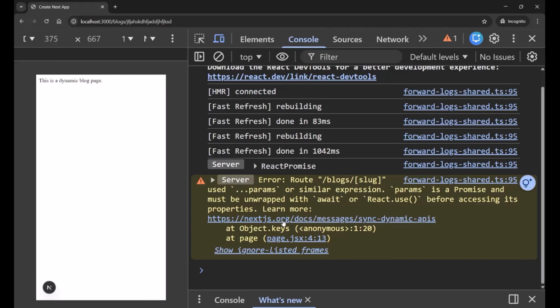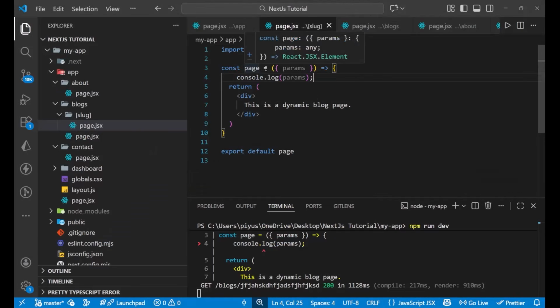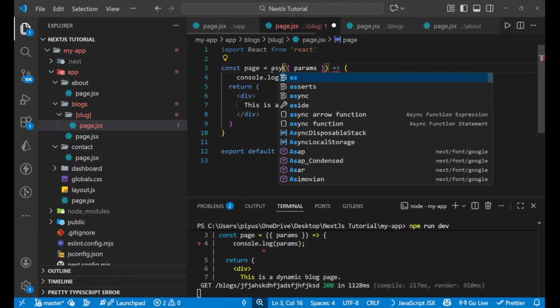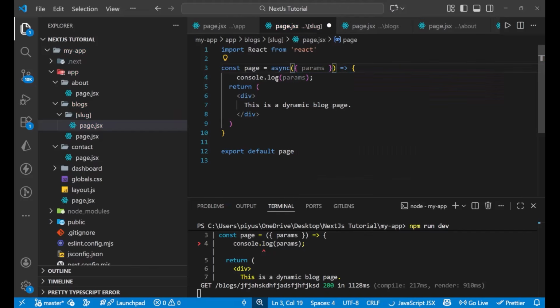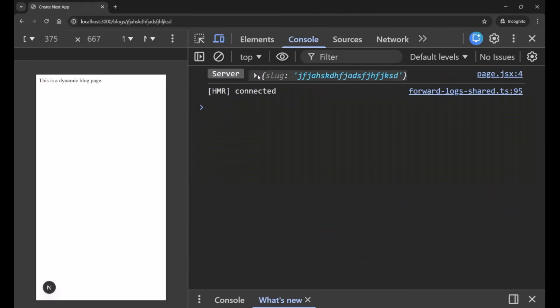What happened? It is showing some sort of error. Okay, the error is that I need to convert this page to async. I need to make it asynchronous and make this params await, right? Like this. Now if I just reload the page once, you will find that I am getting a slug here,